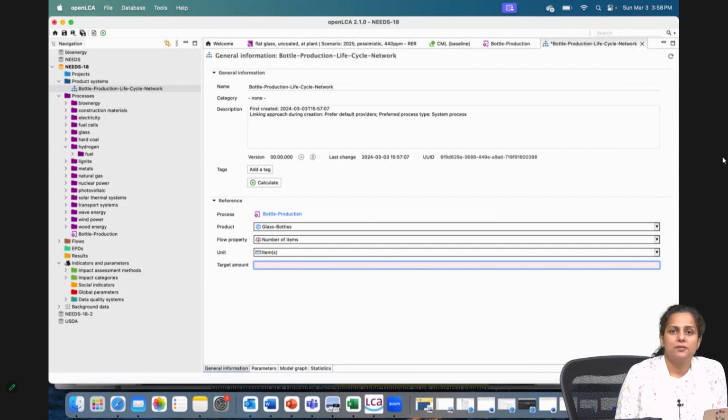Even though in the life cycle inventory I put the information about 5 bottles, now I am going to scale the processes, and remember all the network algebra that we have done. Accordingly, all the upstream processes will be scaled to meet this final demand. So the target amount is the final demand. We are putting number of items and the product is glass bottles, and when you hit calculate,